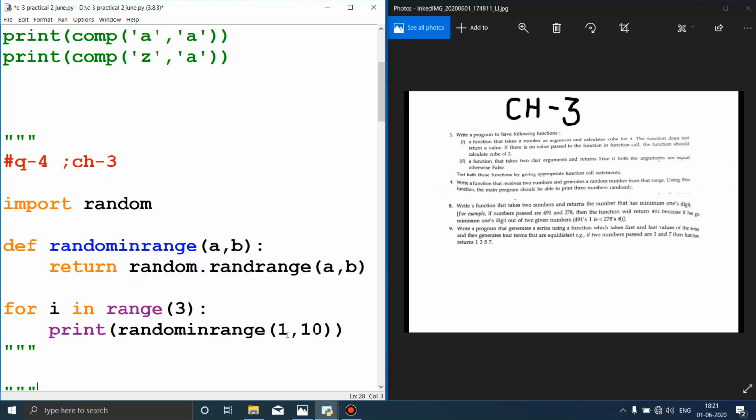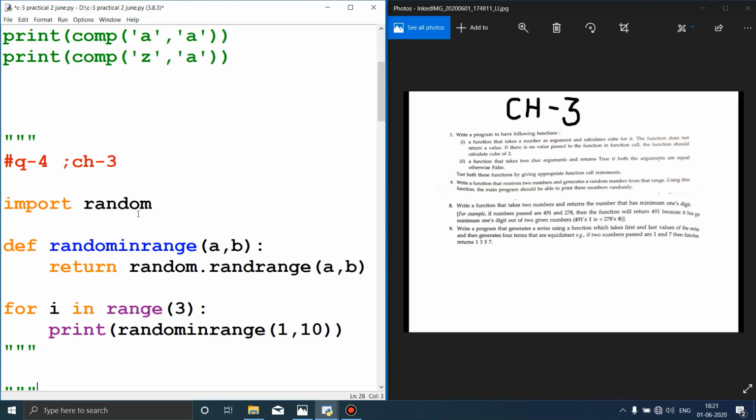And this is a function call. When this function call comes, it will go to the function definition, okay. a will take 1 and b will take 10 and return. This is an inbuilt function from the random library. So if we want to use any function from the inbuilt library, that is to be imported first. So we need to write import random.